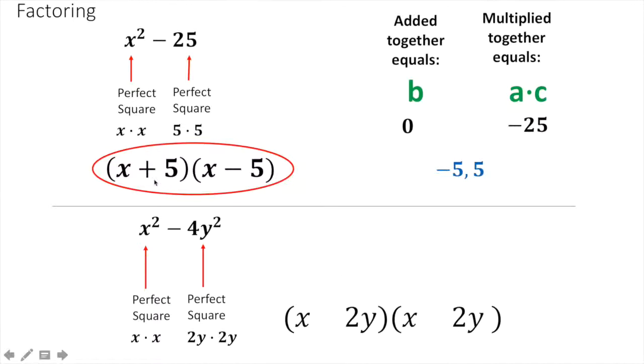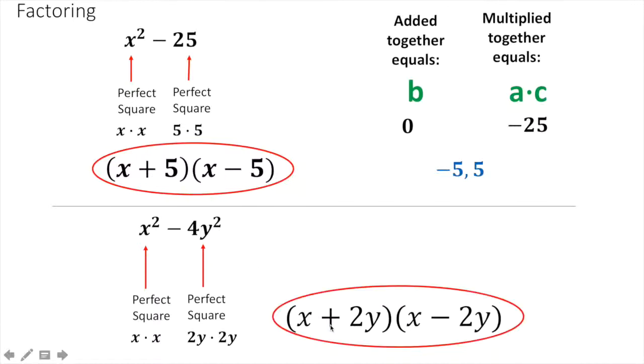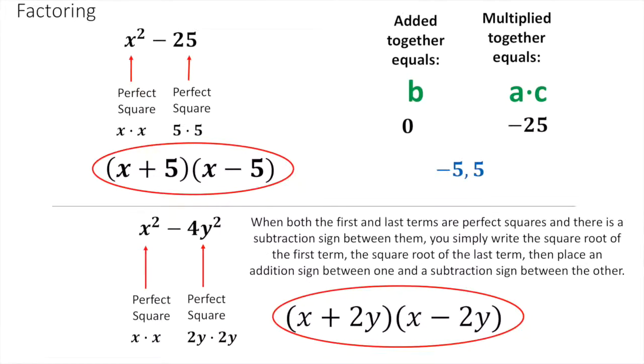Now notice here I had a positive and a negative. So that's what I'm going to do here. I put a positive in one and a negative in the other. This is like the shortcut. The rule for this one basically is, when the first term and the last term are perfect squares, and there's nothing in between, there's no b value here, there's a subtraction sign between them, you would write